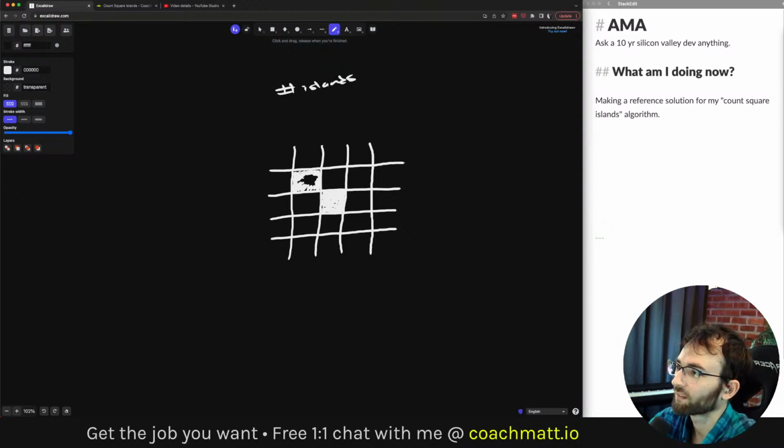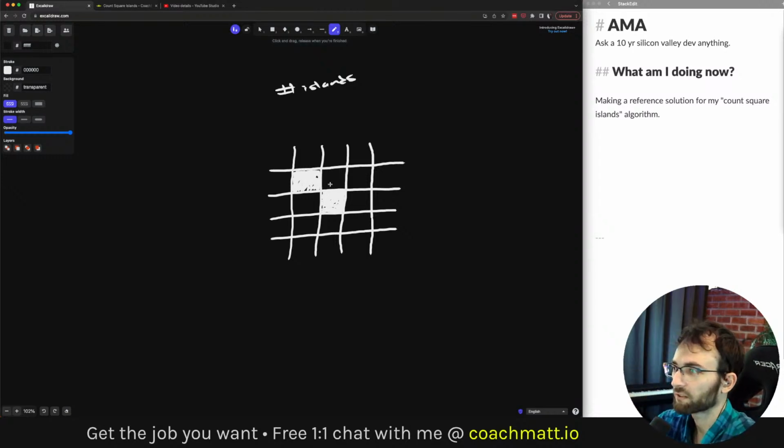You can imagine an island. A lot of people would probably define an island as connected cells that are on. Right now our two-dimensional matrix has each cell as 1 or 0, 1 being on or land, and 0 being off or water. I think everyone would agree that this is one island.